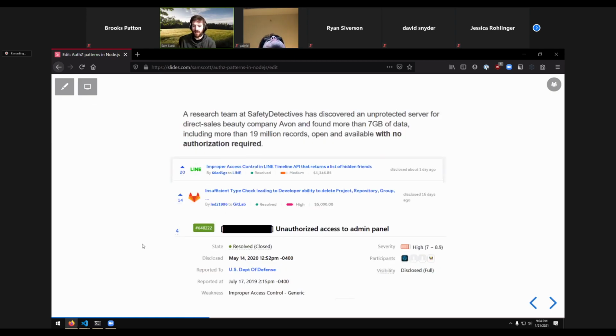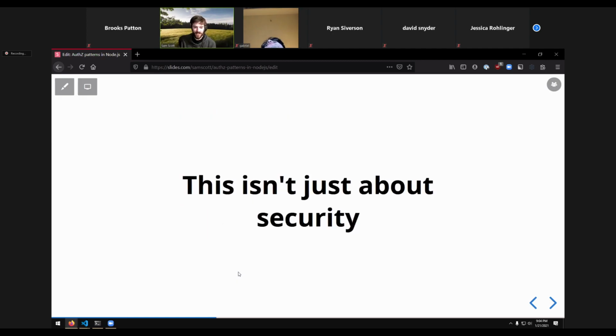You can go on bug bounty boards and find a bunch of authorization issues that people have had. This one from the US DoD. So it's a hard thing to get right and lots of people make mistakes. But for me, it's not just about security. Yes, at the end of the day, we want our apps to be more secure. We want to do things right. But